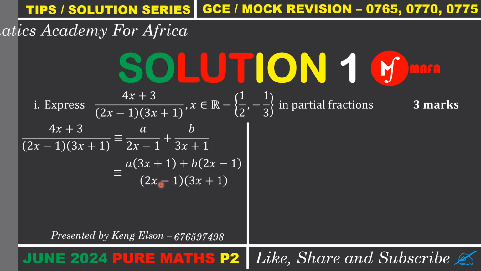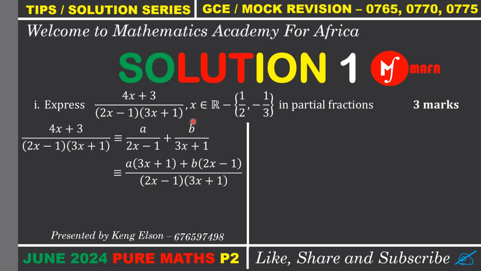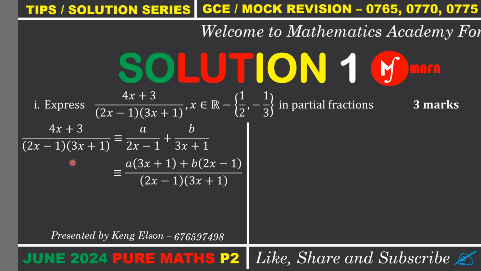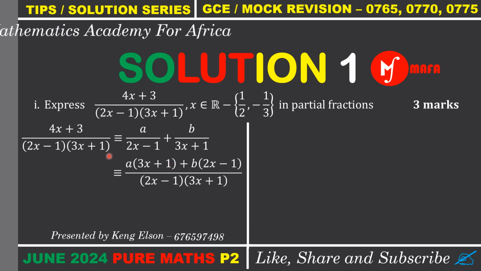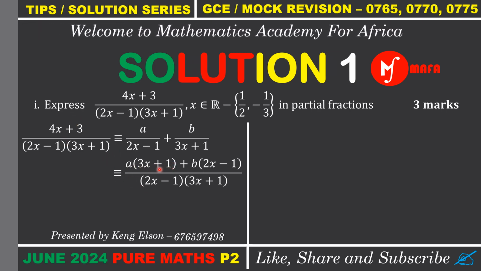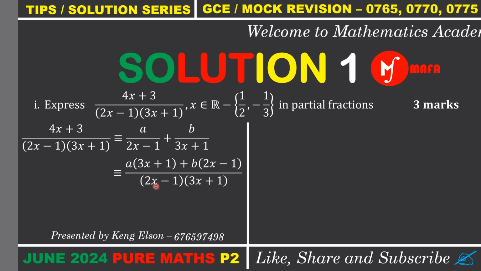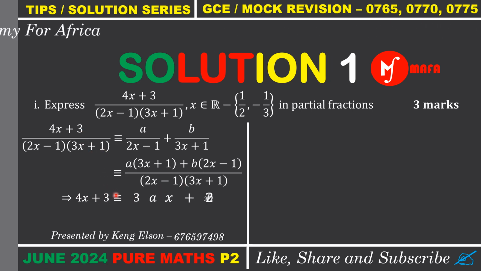We are going to be left with 2x minus 1. Then we multiply by b to get b times 2x minus 1. Now we realize that this rational function on the left hand side has exactly the same denominator as the rational function on the right hand side, so they must definitely have the same numerators. So we just have to equate their